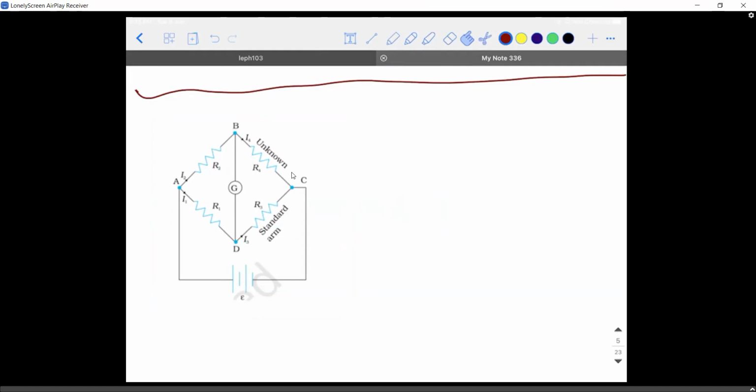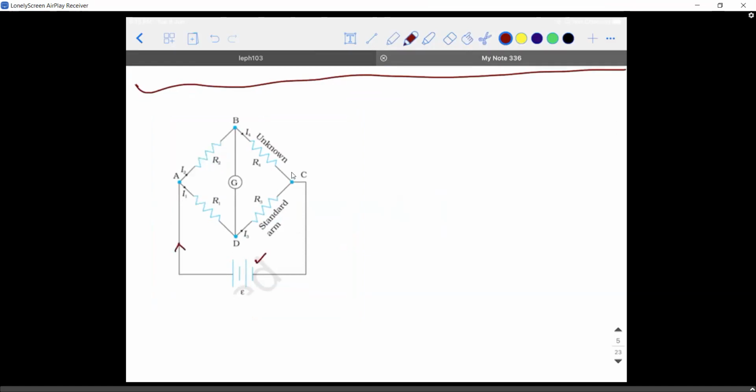split into 2 currents, I1 and I2. Here I'm not writing it as I minus I1 and all. I'm still writing it as I1 and I2. So this I1 is going to come to this junction. From I1, let's say there is a current I3 that is going here. A small correction. Let's say I2 is going to this junction. From this I2, let's say the current that is getting split is IG and I4.